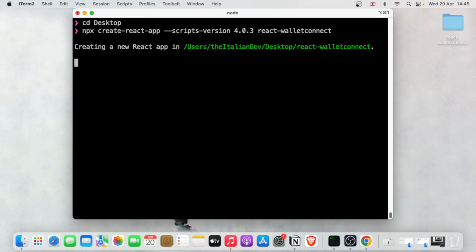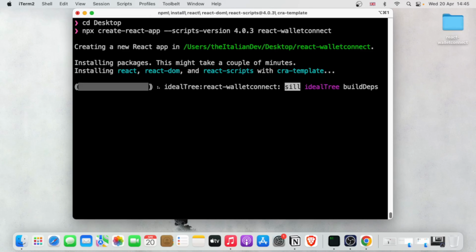Press enter and let's wait for the packages to be installed. Now let me briefly explain why we need to add this flag scripts-version 4.0.3. Well, simply because we want Webpack version 4 bundling our React application. You may ask why? Well, because one of the three packages that we need to give to our React application the Web3 power of authenticating users through WalletConnect authentication flow, for compatibility reasons, needs Webpack version 4 and not version